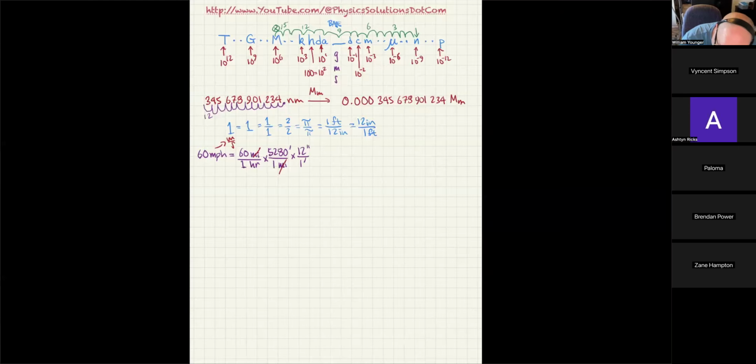So in this case, I'm going to say that the inch canceled out with the inch. Notice how I used a different slash mark for both of them. This is good bookkeeping. It allows you to look back and see exactly what you canceled what out with. And that way, if you made a mistake, you can catch it a little more quickly. So I highly recommend it. So now we're up to inches per hour.